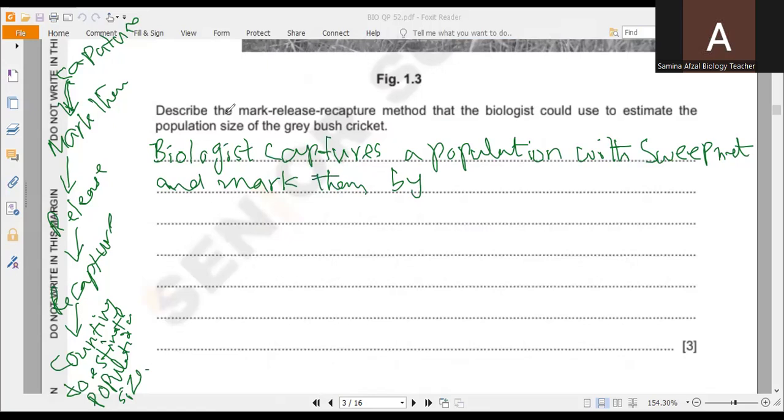The capturing should be by a harmless way. Using a sweep net is very important; you can say it is a proper method to collect the insects. Then the captured crickets would be marked with a non-toxic small dot of paint,